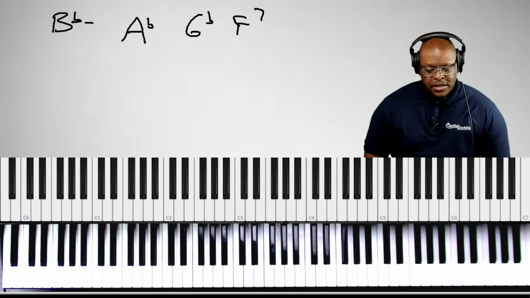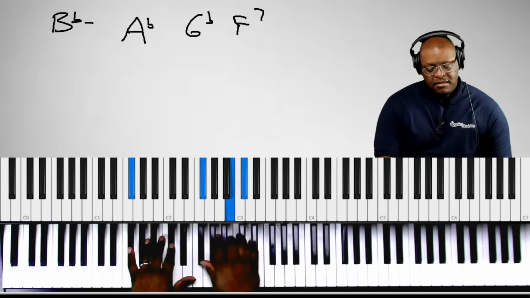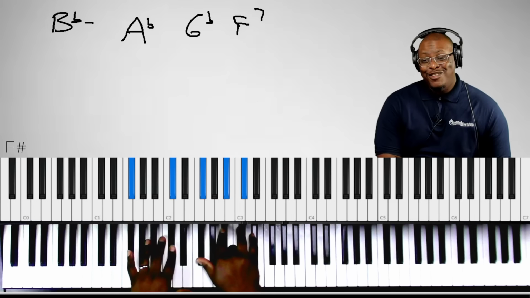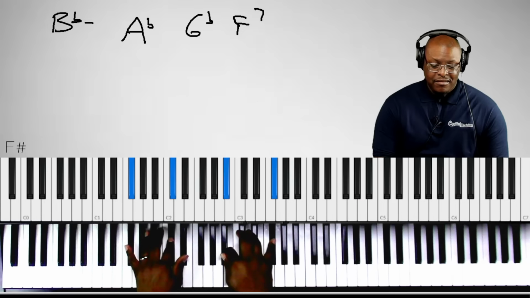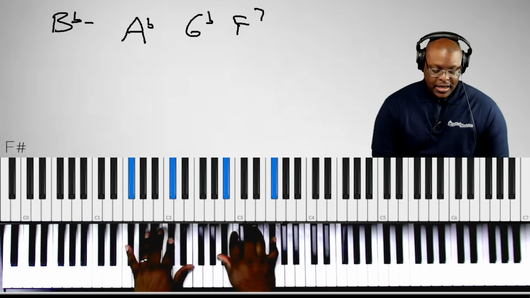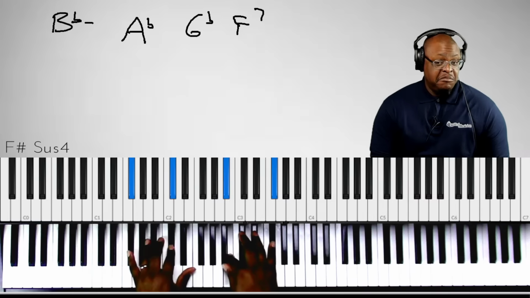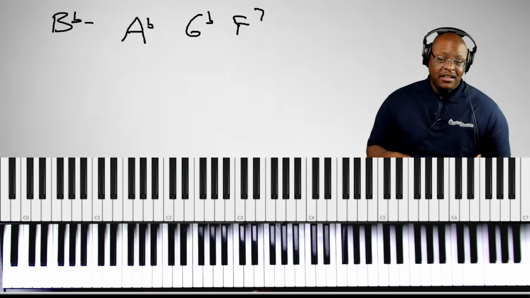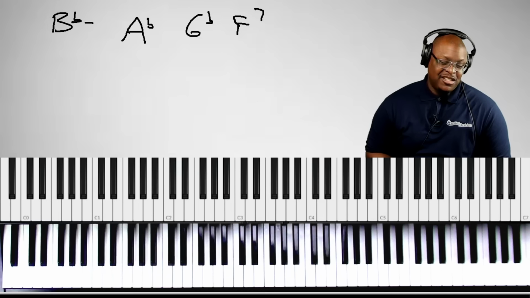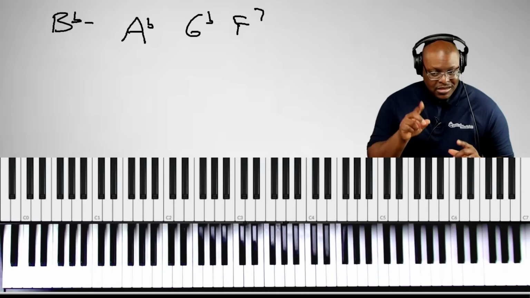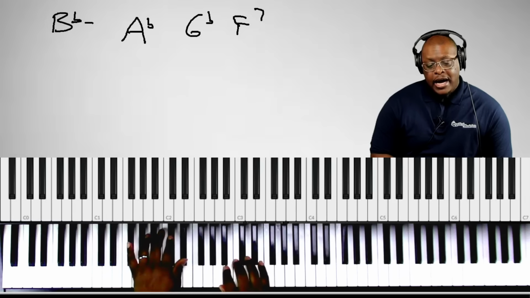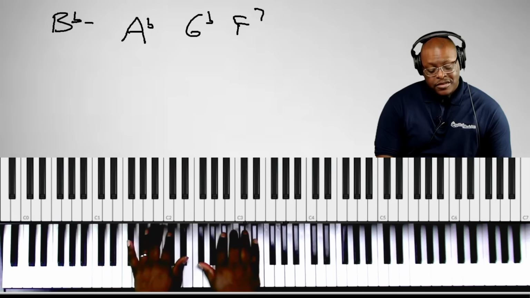Now, let me talk about the G flat. Because the G flat is kind of like a Richard Smallwood kind of thing. And I like that if I want to add a little panache. But sometimes I like to do this. Now, this technically wouldn't be considered suspension, but I'm going to share it with you. It's a little secret. I would play the sharp 4.